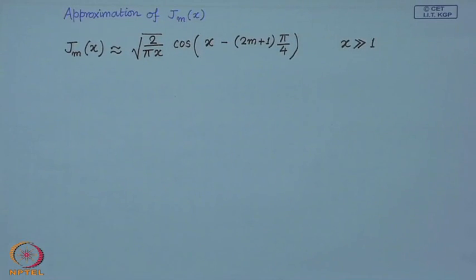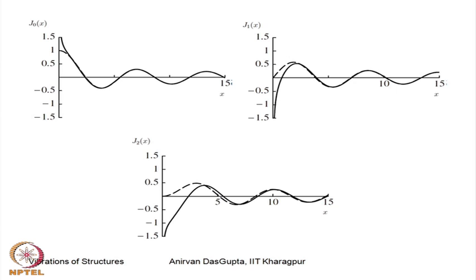So, in this figure I have plotted the Bessel function of the first kind of order 0, of order 1 and order 2. This dashed line is the exact Bessel function, and this solid line is the approximation. You can see the solid line and the dashed line are almost indistinguishable, but we are interested in this approximation only to find the roots of the Bessel function. We expect, for J 0, the approximation to work very nicely, even starting from the first root,